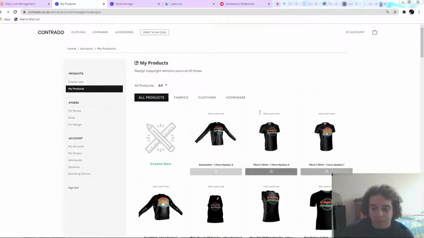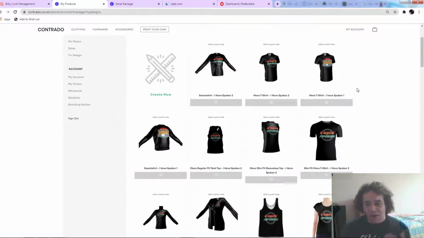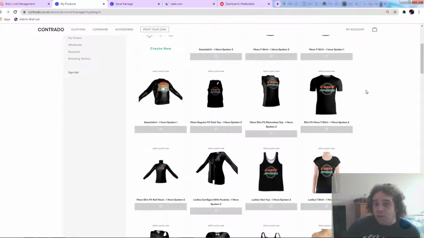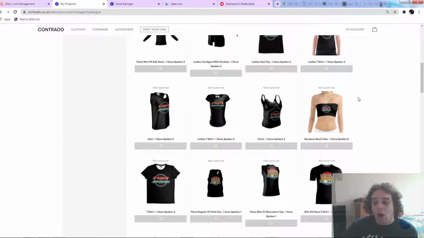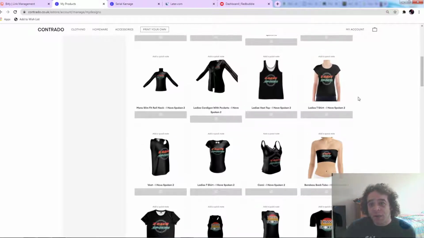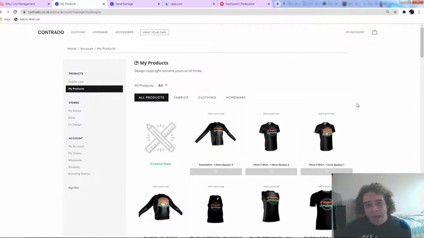These are just tops and t-shirts and stuff, and when I tend to make an item, say I want to make a t-shirt, I won't just make the one t-shirt. I'll make every single t-shirt and top that is in that section. And today we're going to do bags, because if you do bags, there's about 30 of them. So with just a quick couple of hours work, or less than that actually,